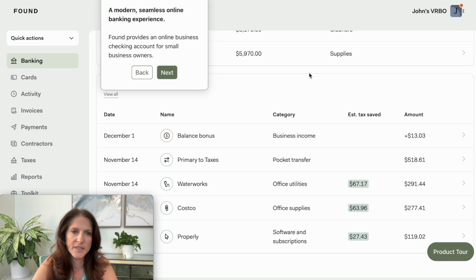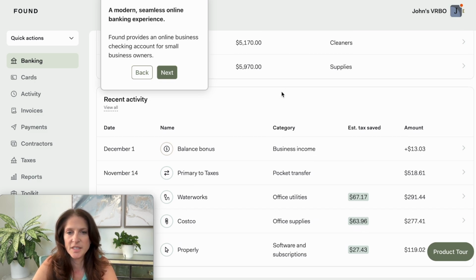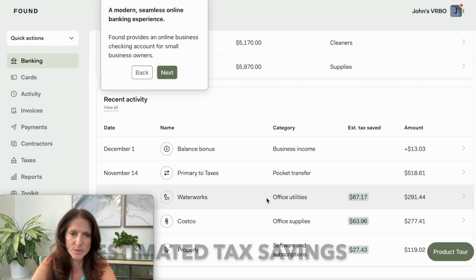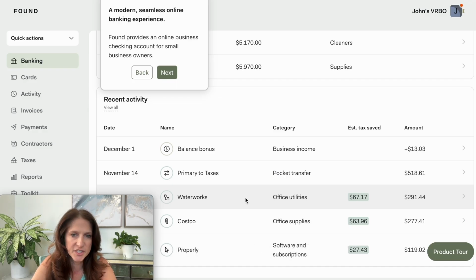An interesting feature here in the activity section is that it will show you the estimated taxes saved for every write-off. So every expense that you purchase and you allocate as an expense, it's going to take the amount and estimate the amount of taxes that you saved based on writing that item off. If you paid this waterworks utility bill with your business account, then it saved you $67 in taxes at the